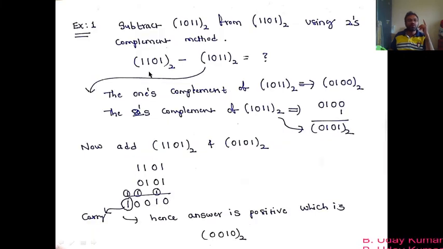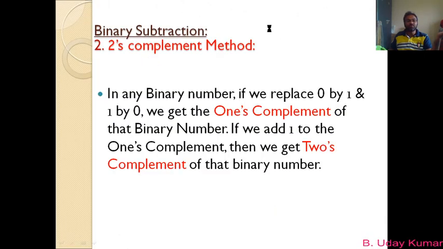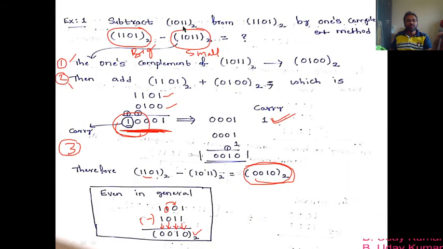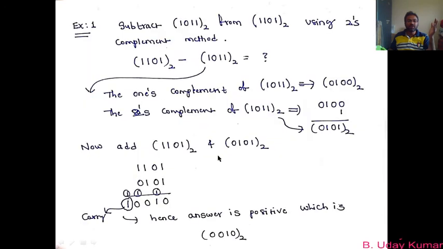To understand this twos complement method, let us again take the examples that we already have taken. This was the first example, 1011 1101 to the base 2. So this is example 1. Let us have a look at it. This is 1011 1101. The same example I am taking here, and the answer that we got here was 0010. Even here the answer must be 0010. Please check this out. Anyway, how to find the answer of this example by using the twos complement method, let us check it out.